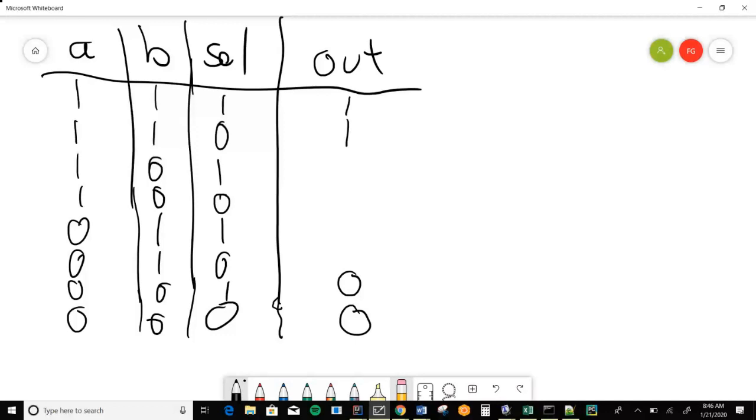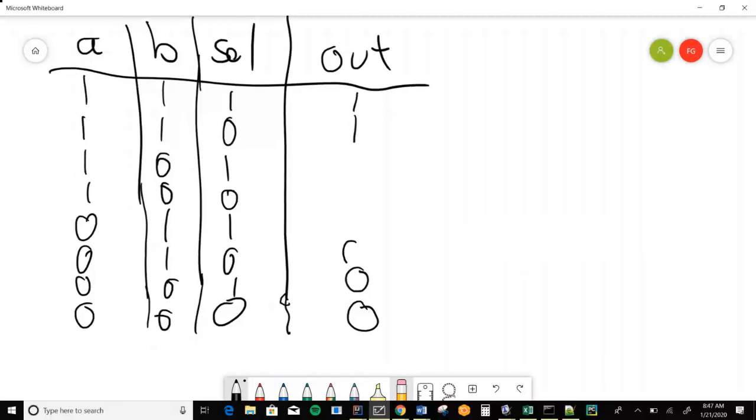So now here's where it gets more interesting. I'm going to go to the 0 rows, and then I'm just going to copy over the A bit. So here's a 0 select. My A is 0, so I get a 0. Here's a 0 select. My A is 1, so I'm going to get a 1. Okay, and I'm out of them.